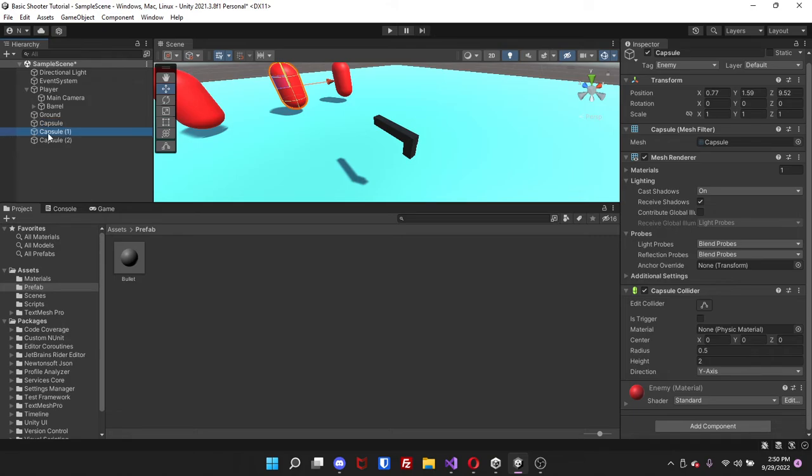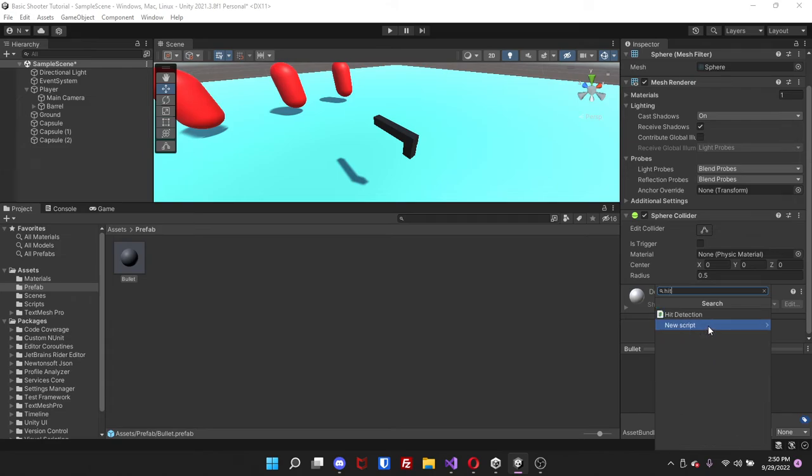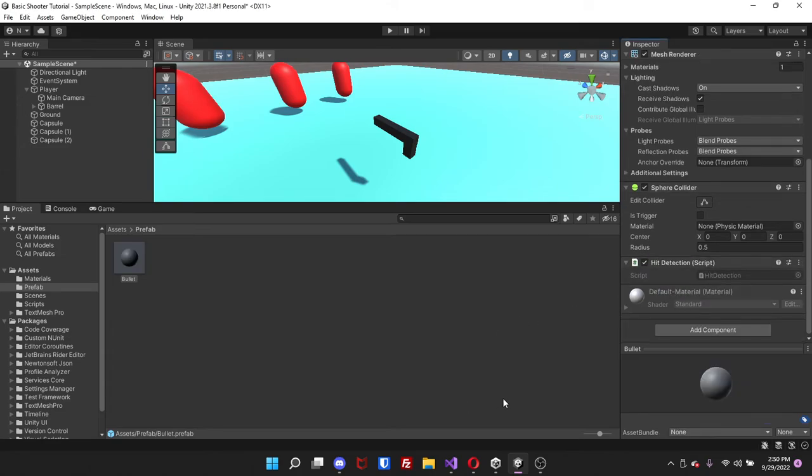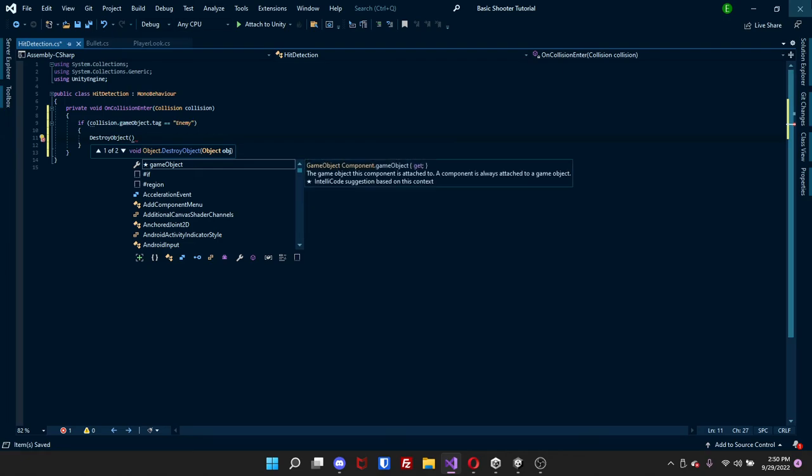Once you have that all set up, on your bullet, you're going to come down here and just type in hit detection. And now we can just double click this, and this is our hit detection. This is pretty simple. For your hit detection, all you're going to do is on collision enter and do if collision.gameObject.tag is equal to bullet, actually not bullet, enemy. Then we would do destroy object